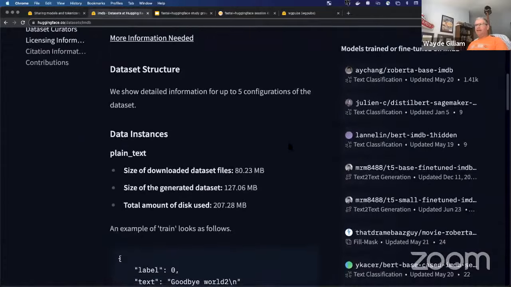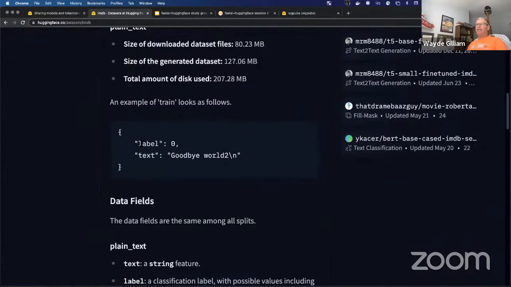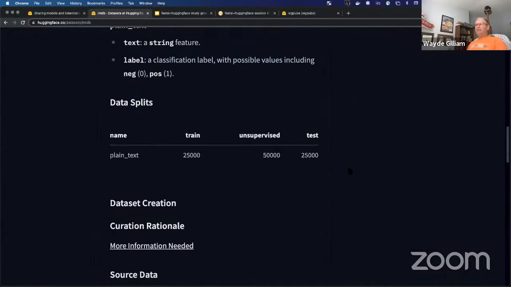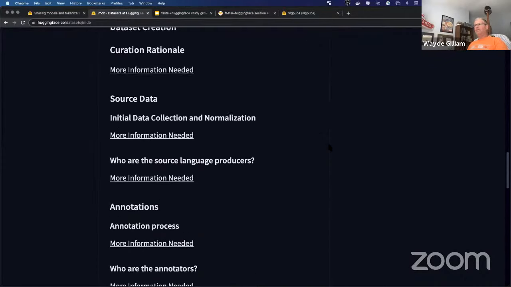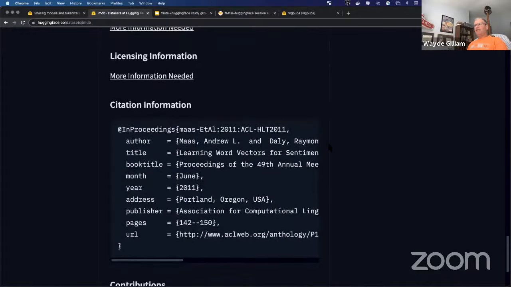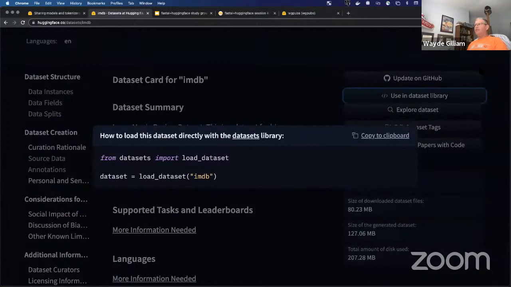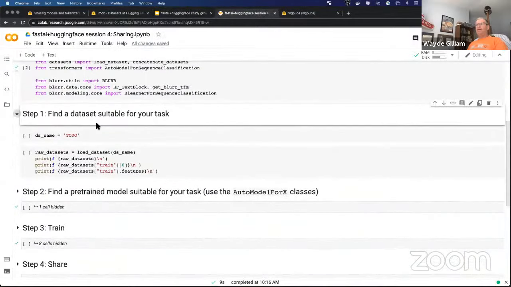I could read through and see exactly what the data looks like. It has a label and a text. I can look at the splits between the train, the test, or validation, and then there's an unsupervised split, so with no labels. It's still missing some information, but I'm going to go ahead and go for it. By clicking use in dataset library, I'm just going to grab the string you pass into load_dataset. We'll go back here,